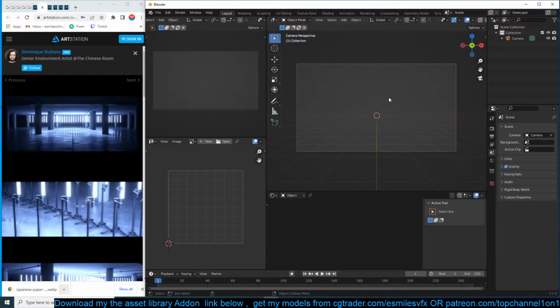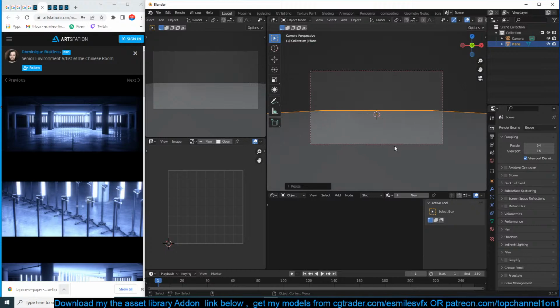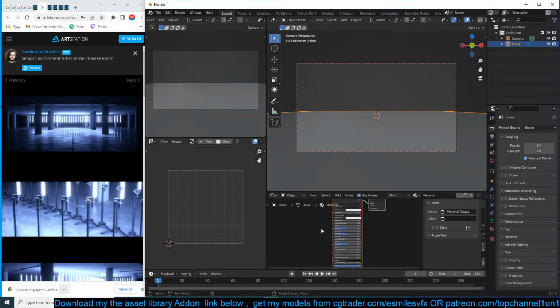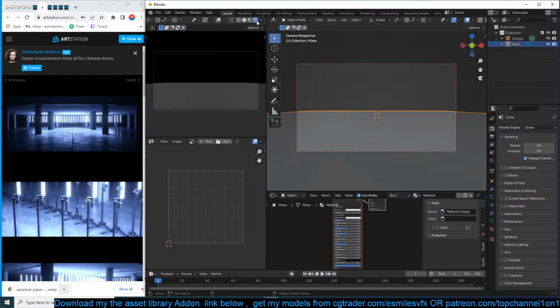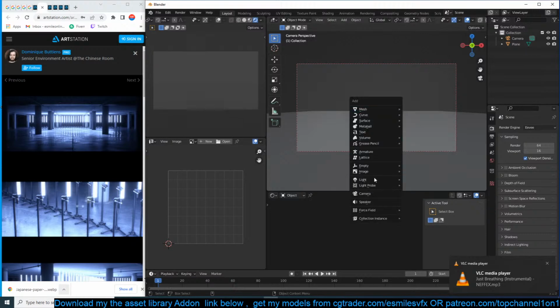Let's try and make this. I think we can use Eevee for this. Going to start with a plane and a new material. Let's go to Eevee here. So basically we have a large sort of area light.